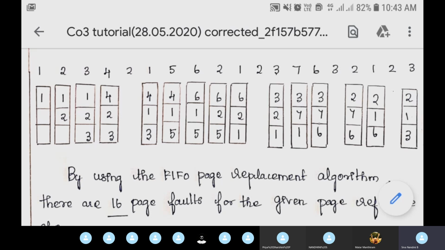Okay, so in this way only, in first in first out replacement, many of you make mistakes. First, whichever entered the frame first is what we have to see. You shouldn't see first used; first entered only should be replaced first using the first in first out page replacement algorithm. And the same way you can count the number of newly drawn blocks and write the number of page faults associated with this.